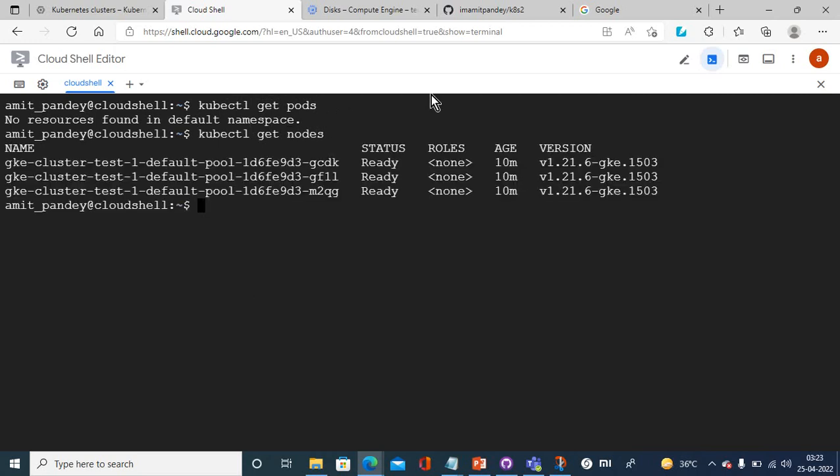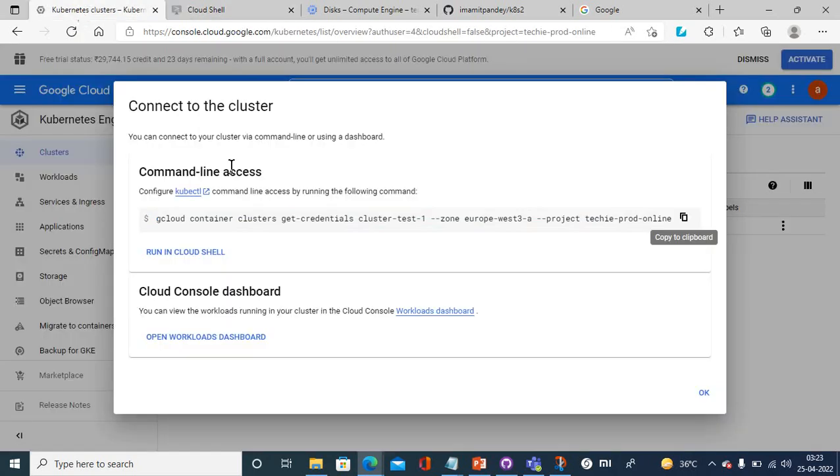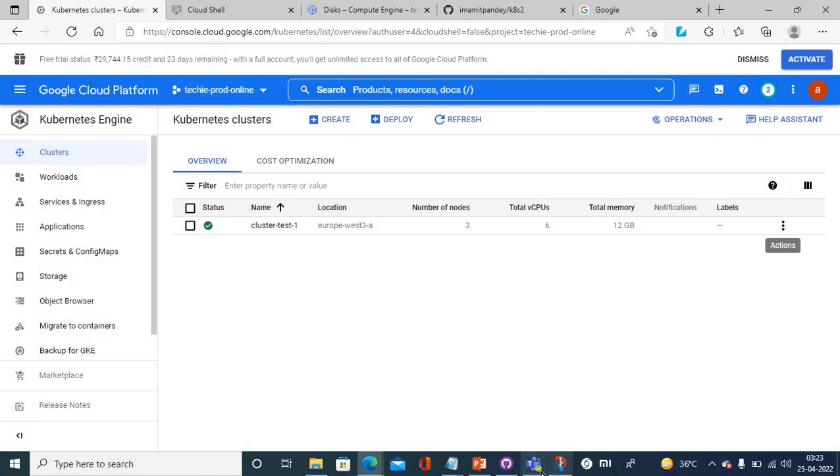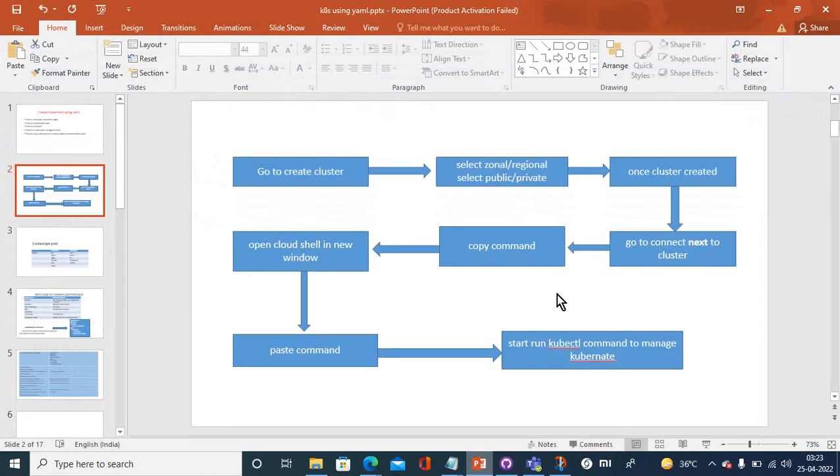So through that, here I have 3 nodes created in the Google console here. So this is the way which I mentioned in the PPT. Copy the command, go to the cluster, and then paste the command, and then you can run